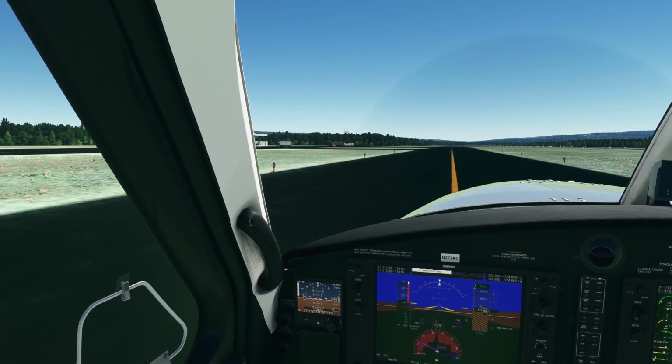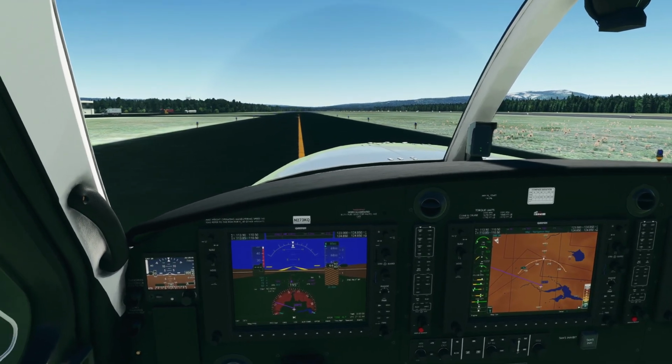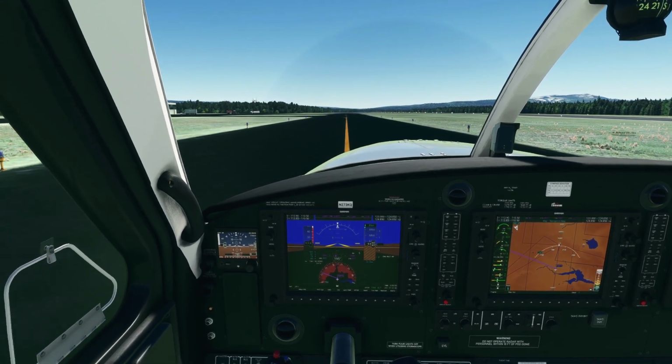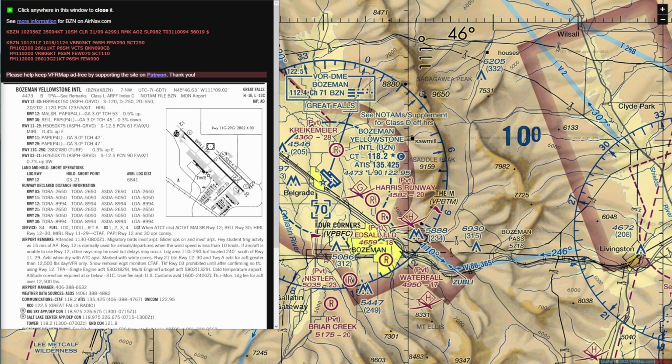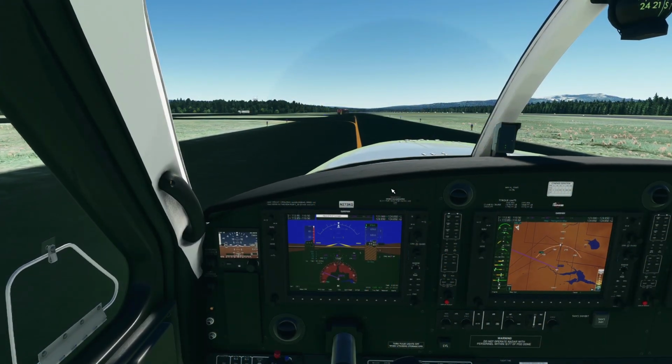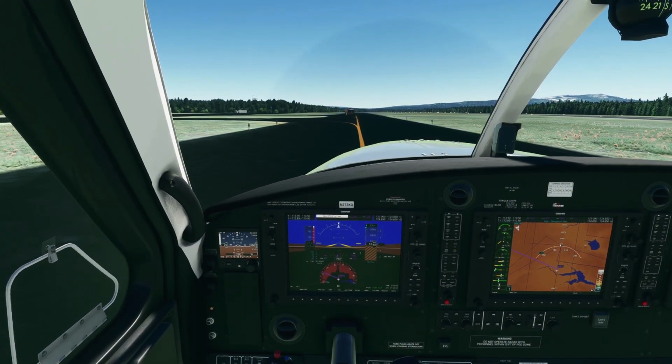Show you guys a little bit of how the sausage is made occasionally on the channel. So what I was looking at before was this here, which is technically a Yellowstone airport, but these were the runways I was looking at. And as you can tell, the airport that we landed at does not have those runways. So,